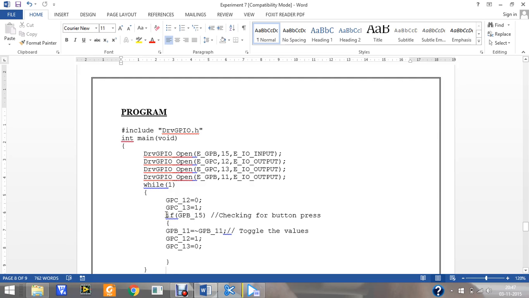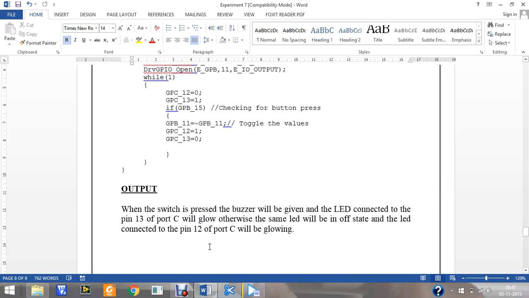If we press the button, that is if GPB 15 is pressed, GPB 11 equals the toggle of GPB 11, meaning if it is high it will go low, and if it is low it will go high. GPC 12 equal to 1 makes breadboard LED 1 go down and LED 2 go up. GPB 11 is our buzzer, it will go high. Initially we have set it to 0, and if we press the button it will go high. The output